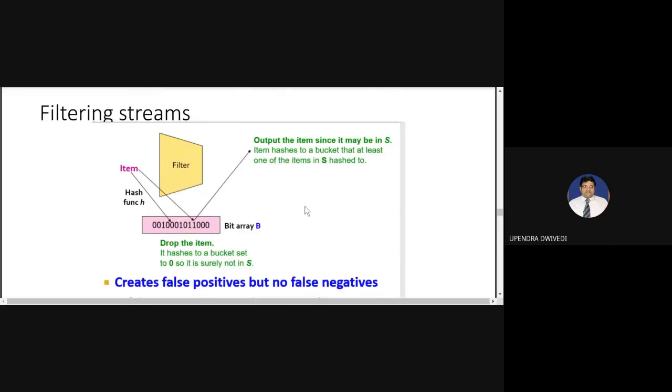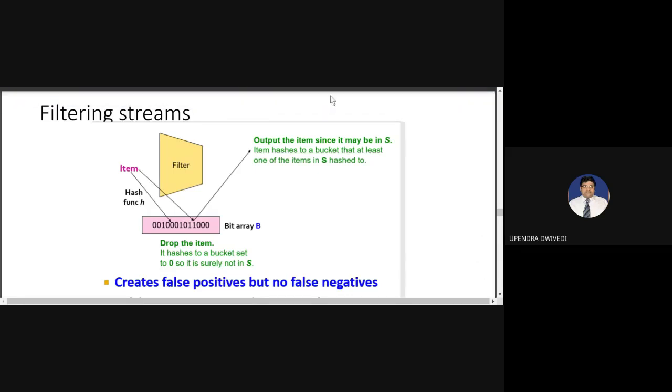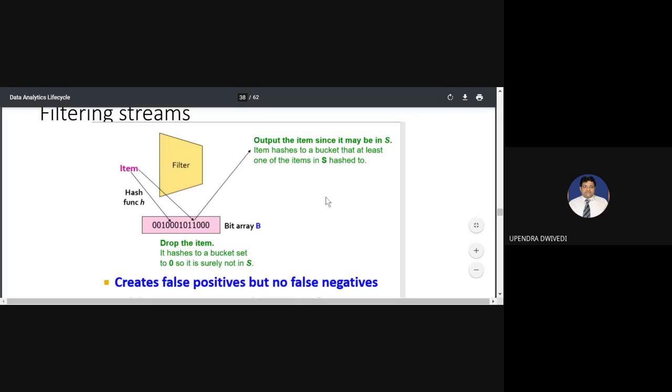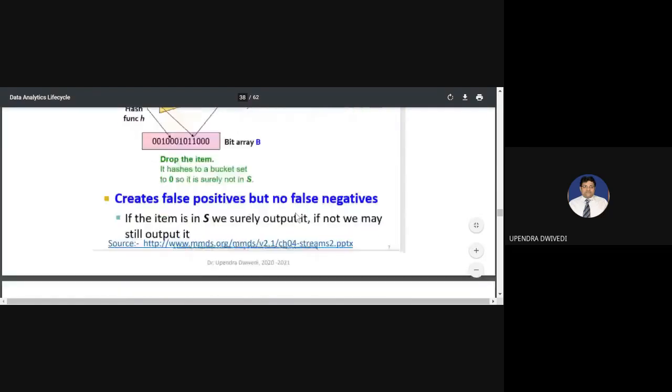Because when we are dealing with a filtering stream, you can assume that we have to process a lot of information at one time. So filtering should be fast enough. It should take less time to compute the content and so on. That's why this approach is applied by various real-time systems, and basically it gives us a very good accuracy rate for providing the content.